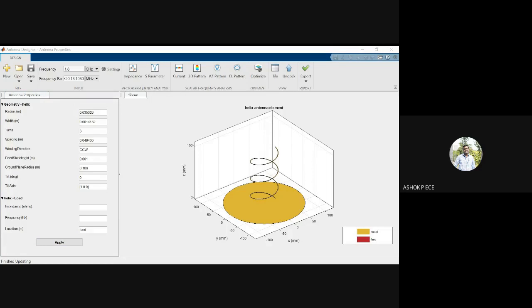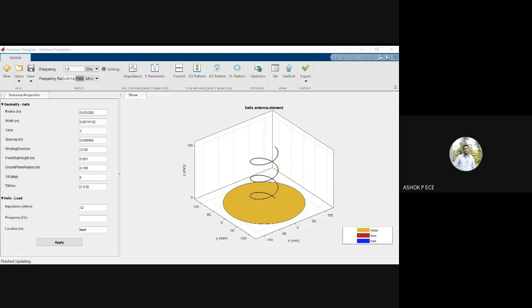Open the load helix section and change the antenna impedance to 72 ohms. So we are changing the load impedance just to see the effect. They are giving us 72 ohms, and you know the frequency is going to be the design frequency. You know it is 1.9, right? So I'm going to apply this, and in the frequency range, you have to give the range around this 1.8